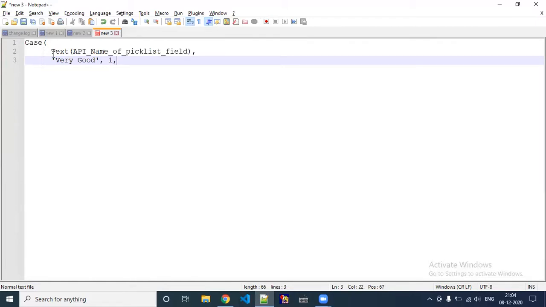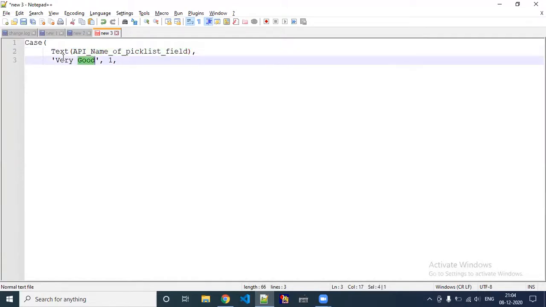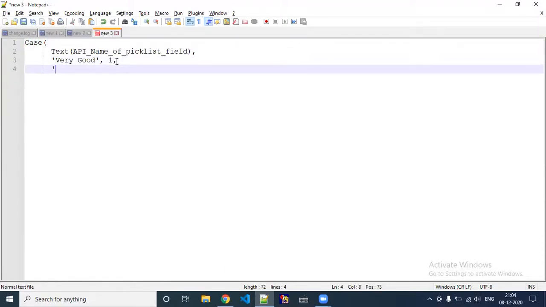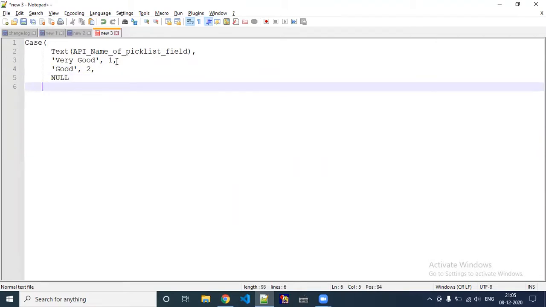This picklist has a value called very good, and in the output of the formula I have to display a number, so I'll write 1 here. Good, and I'll write 2. And if no value is selected, I'll simply say null. So this is how the case function can be used.